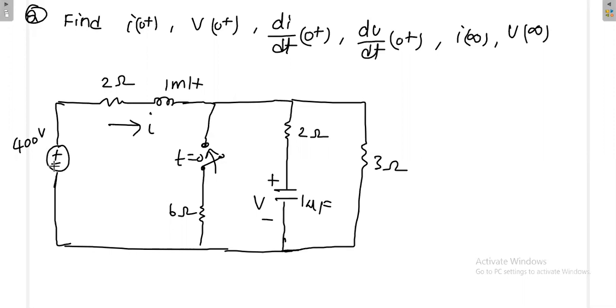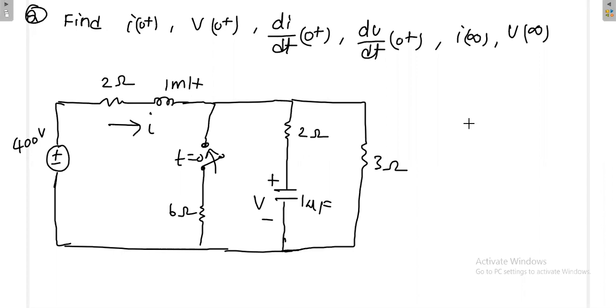Okay, from minus infinity up to this time, but you are closing the switch at t equals 0. So that means what? Before t equals 0, this branch will not be there and everything else will be there. Now somebody tell me what will be di/dt. Before t equals 0, this 6 ohm branch will not be there. After t equals 0, this 6 ohm branch will be there.